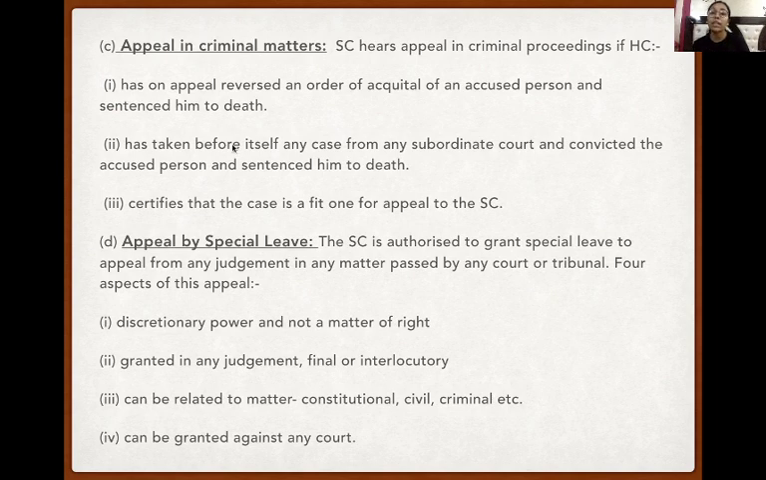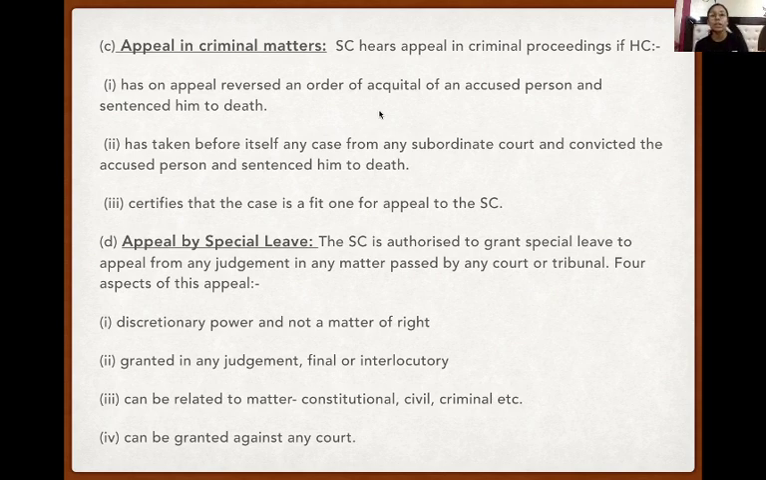Next is appeal in criminal matters. Okay, so the Supreme Court hears appeal in criminal proceedings if High Court has on appeal reversed an order of acquittal of an accused person and sentenced him to death. So एक सुप्रीम कोर्ट में उस केस की अपील लाई करेगी। फॉर एग्जाम्पल लोअर कोर्ट में एक मर्डर का केस गया,